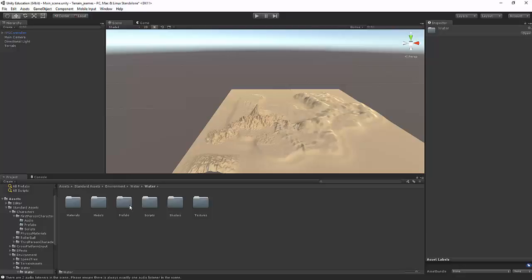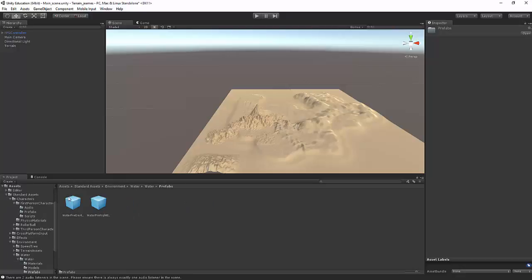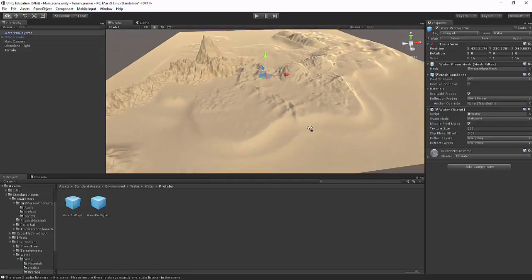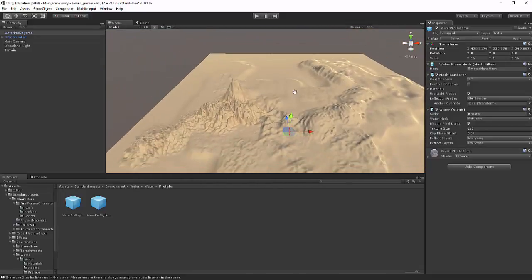So the rippling of the water, the reflection of the water, the color of the water, that has all been pre-done for us, which is wonderful. It saves us a lot of work. So I open that, and I'm going to go ahead and do Water Pro Daytime. And I'm going to drag it onto the scene. And right now it kind of looks like nothing, which is fine. What I'm going to do